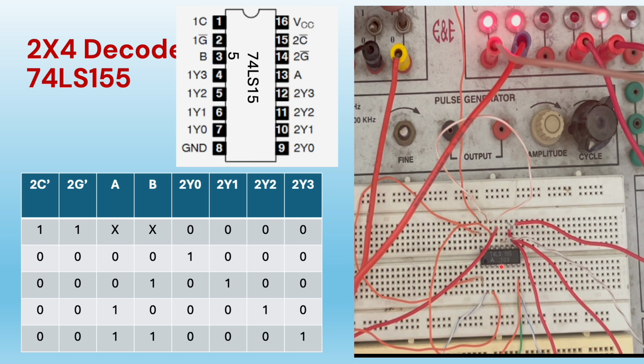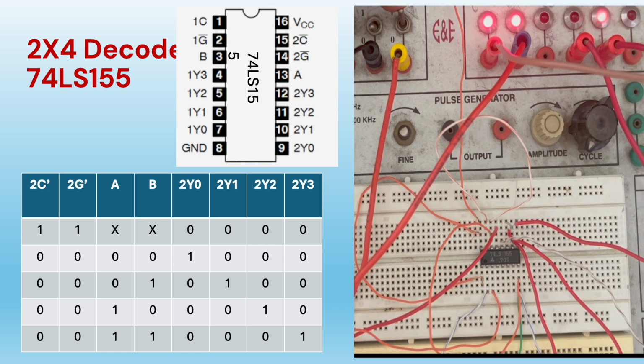This is the IC 74LS155, and you can see here we have connected these two inputs here, and we are using this portion of the IC, right, the second decoder circuit, and we are observing output on these four LEDs 1, 2, 3 and 4. As this LED is not working, we are using these four LEDs for output, and we are using these two switches for input, and we'll verify this truth table here. We'll verify the working of 2x4 decoder circuit here.